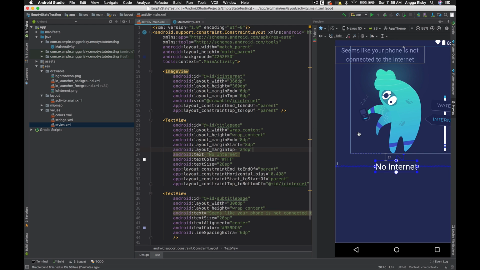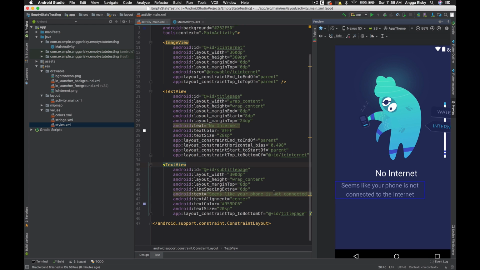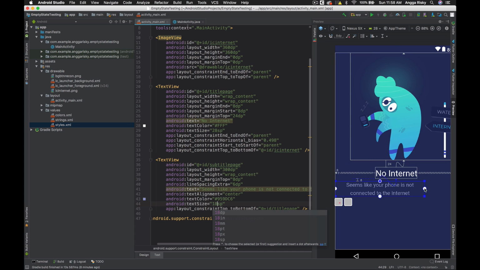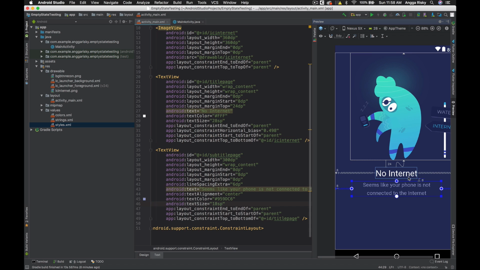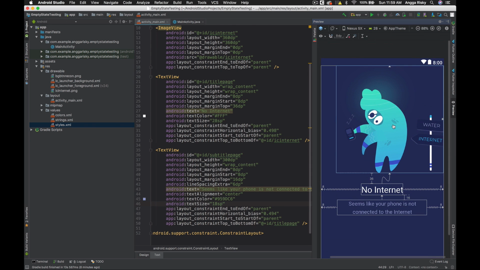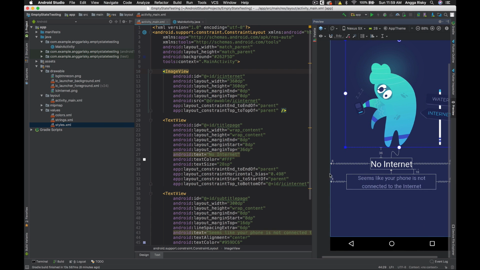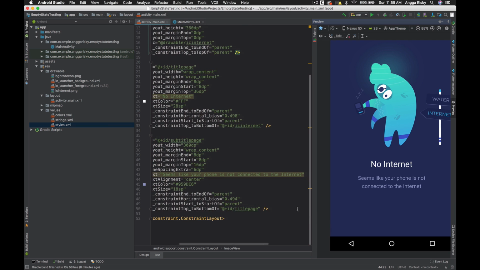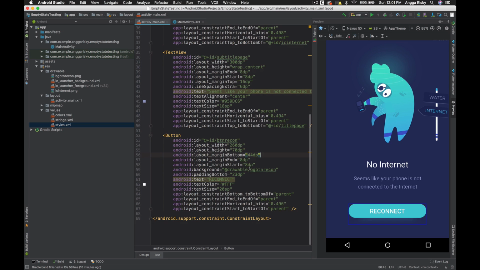Okay, amazing. And another text view, this one, so we could move below this section. Okay, and for the text size I can go with 18. All right, so I have to give the margin right and then margin left, and just like this. Okay, amazing. Okay, no internet. Yeah, and then we have to put a button over here, so we have to create a button below this text view. So this is for the button.